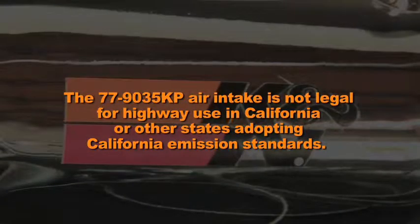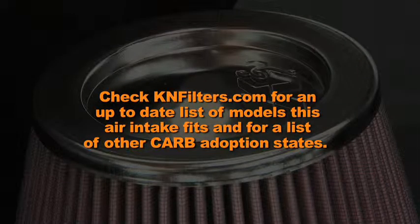The 77-9035KP air intake is not legal for highway use in California or other states adopting California emission standards. Check knfilters.com for an up-to-date list of models this air intake fits and for a list of other CARB adoption